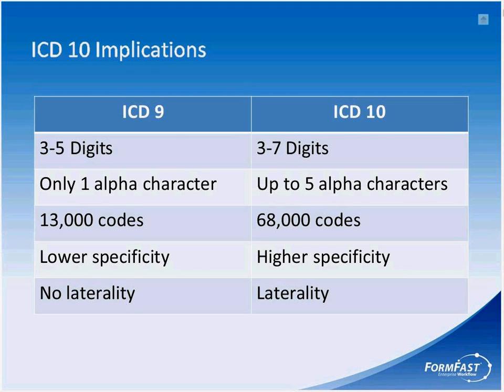There's a little bit less specificity in some cases than carriers would like, with more specificity that exists in the chart but doesn't necessarily get passed on in that code. For example, there's no locality or left or right designation in the codes in ICD-9. Once we move to ICD-10, there will be up to 7 digits in that code. Up to 5 of those can be alpha characters, which means there's a lot more room for specificity. Out of the gate, there will be about 68,000 codes, and there will be room for more specificity or more